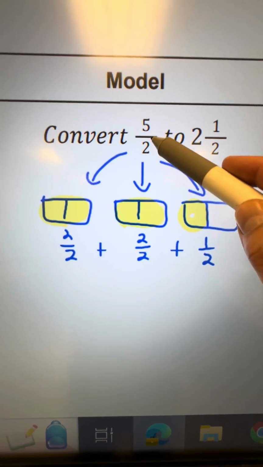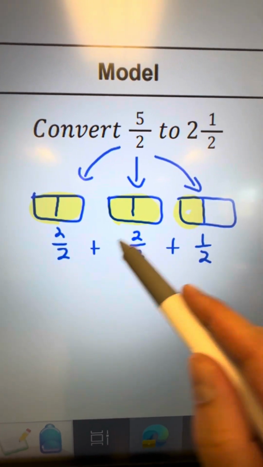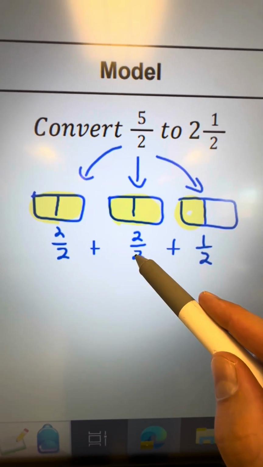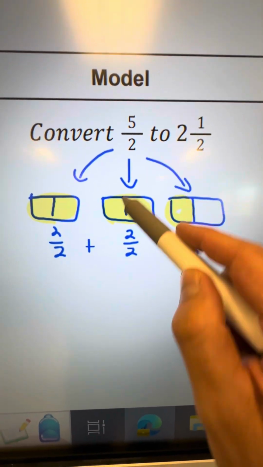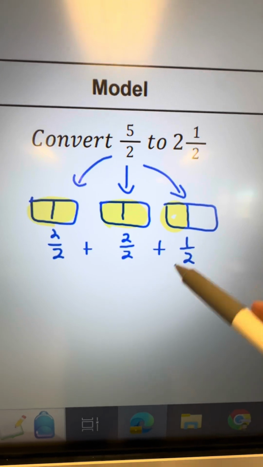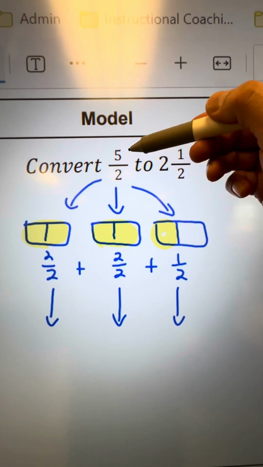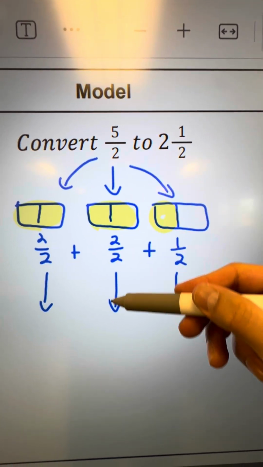So you can see here that 5 halves breaks up into these 3 parts: 2 halves plus another 2 halves plus 1 more half. That's a total of 5 halves. So 5 halves is the same thing as 2 halves plus 2 halves plus 1 half. And my goal is to convert 5 halves, and I'm going to show through this model how it's going to